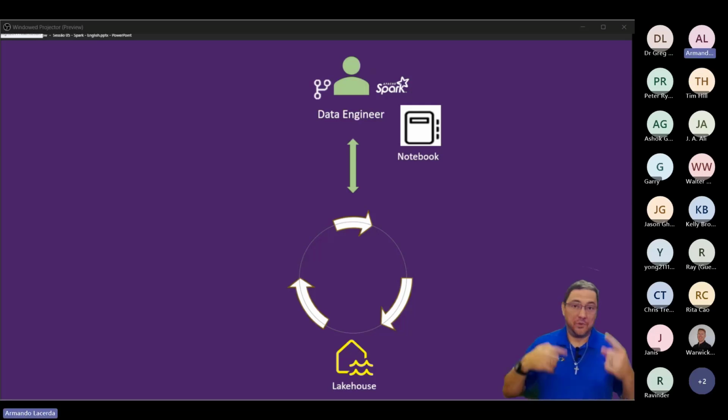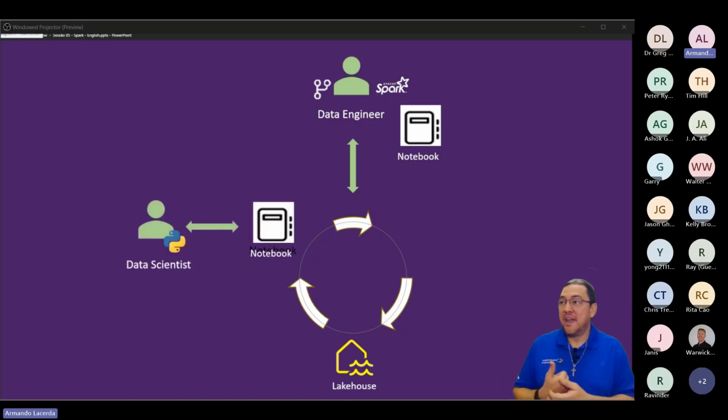Again, our notebooks work with the data that's available through the workspace, in the lake house in the workspace. So the notebooks work with that data. And if you have data scientists in the group, doing machine learning, doing their notebooks, it's the same idea. They have exactly the same workload. They keep working with the lake house. Both teams, if they are in the same workspace, it's kind of easier because they're seeing the same lake house or all the lake houses that are in there.